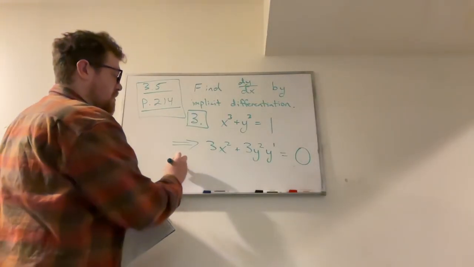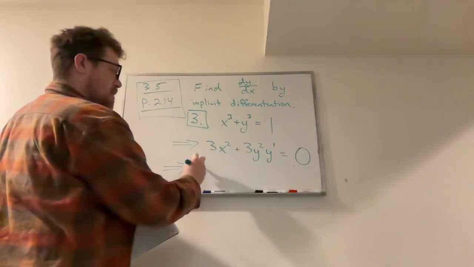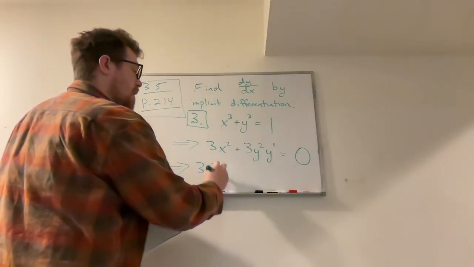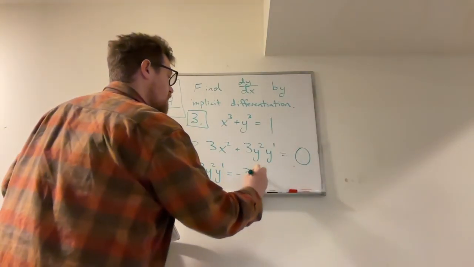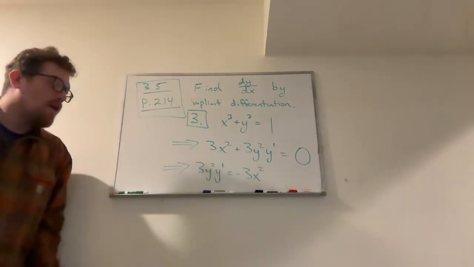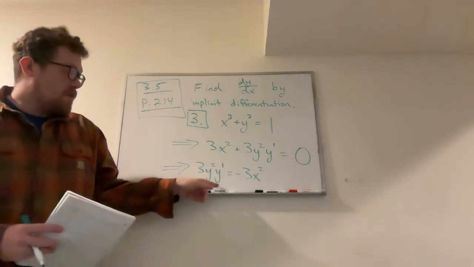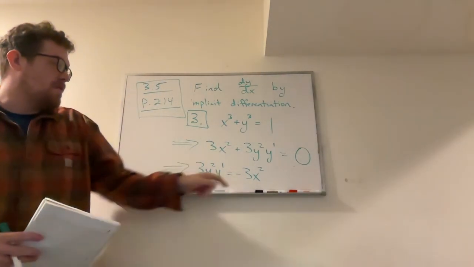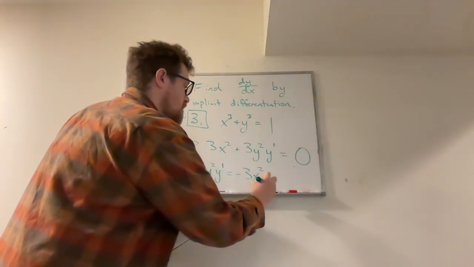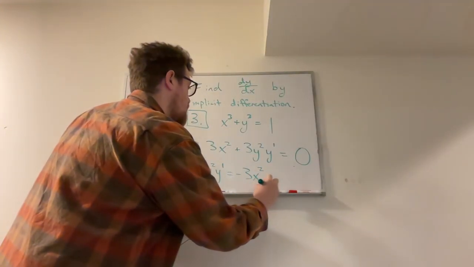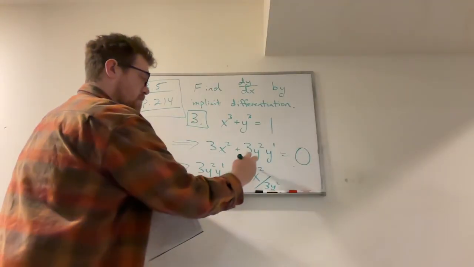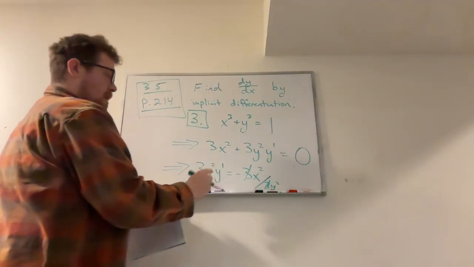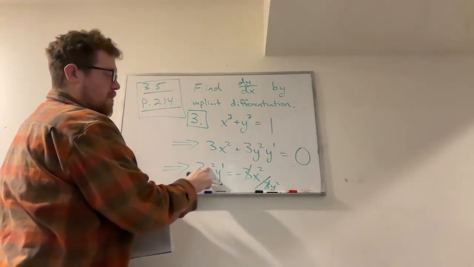So this means that basically 3y squared y prime is equal to negative 3x squared. And if we just move the 3y squared over, so divide by 3y squared, cancel the 3's. So in the end, we're just going to get y prime